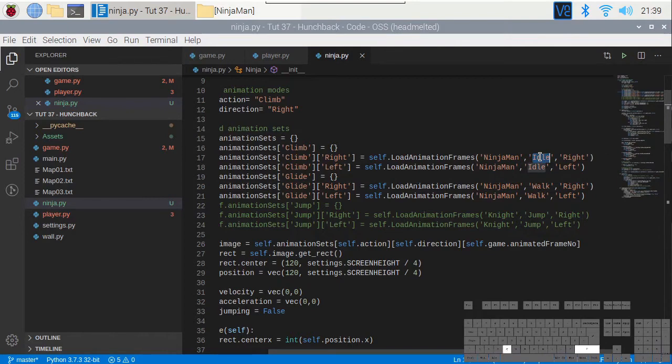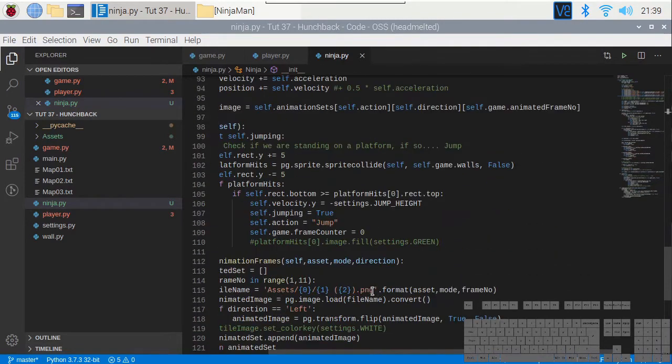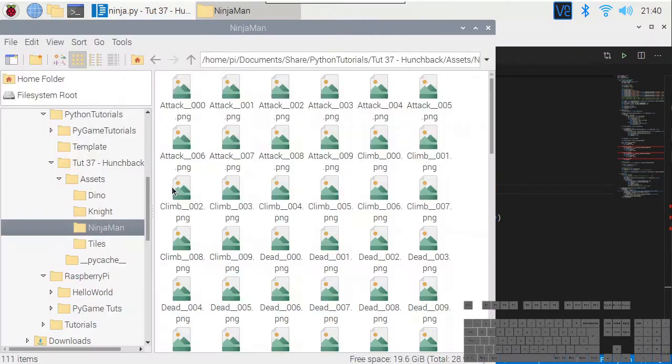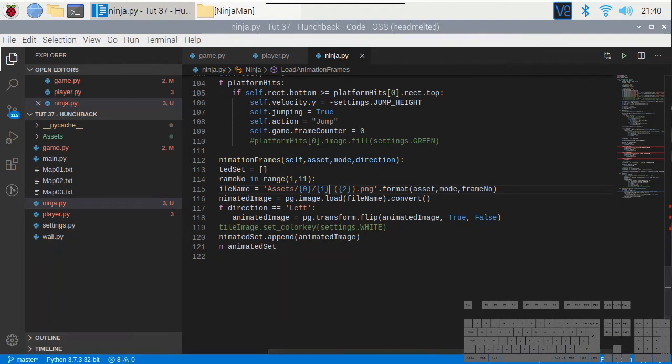And do the same here. So climb. Oh, come on, John. You can type better than this. Glide. Right, so we need to go to the load routine and we need to make sure that we've got the file name built right. So asset is Ninja Man, then it's the name, and then 2 underscores, 3 digits. So underscore underscore, and then